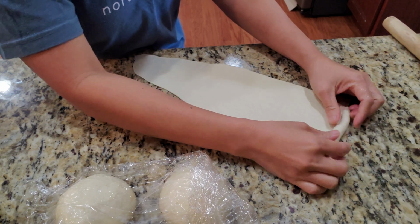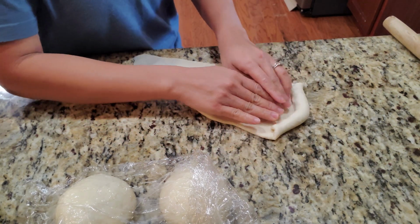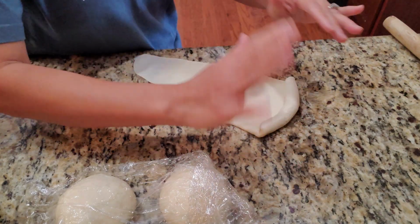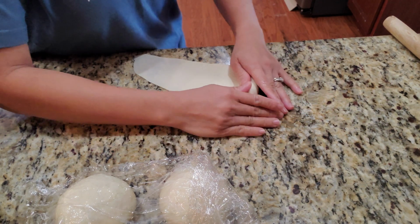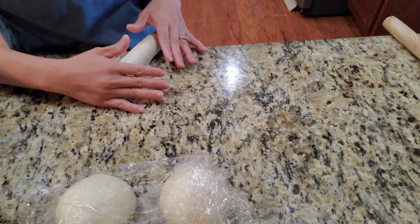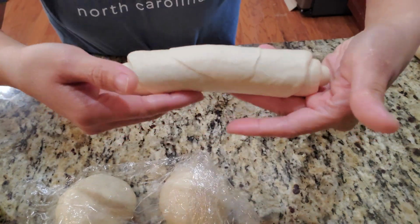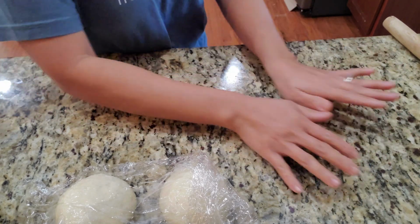And I just roll it in. I mean, you can roll and push to have a bigger belly, but I don't want a bigger belly. It's too much bread in the middle. So I'm gonna stuff this with my pork that I just baked last night,